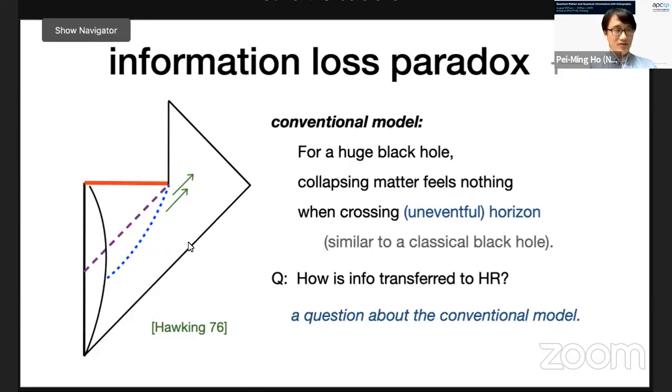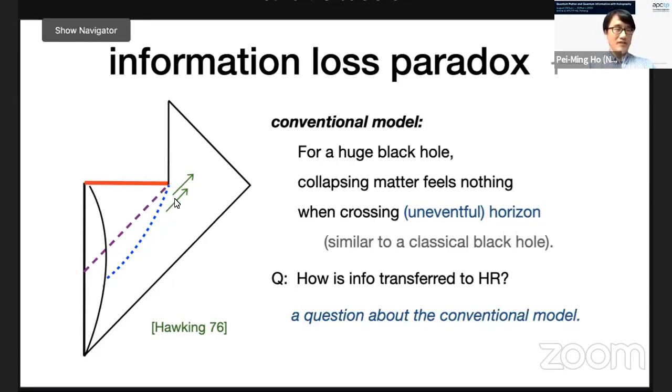So this is the conventional picture Hawking had for an evaporating black hole. You have this curve which represents the surface of the collapsing matter. You have this red line for the singularity at the origin. And then the end of the singularity marks the endpoint of the event horizon. So the event horizon is extended from the endpoint of the singularity backward in time at 45 degrees. And also here I plotted the dotted curve, which is the trapping horizon or apparent horizon.